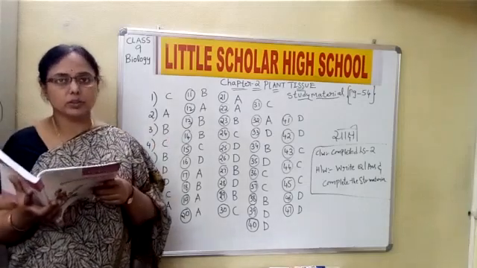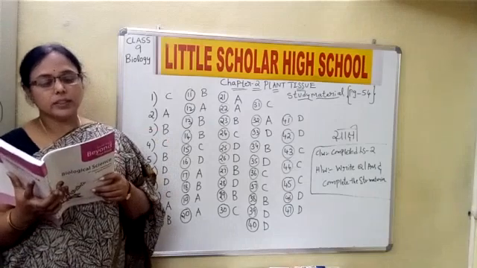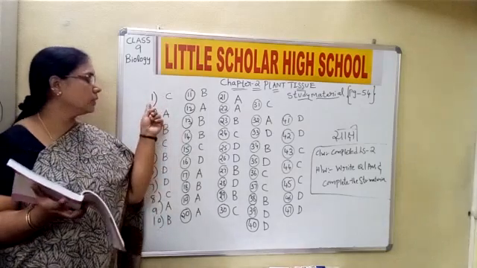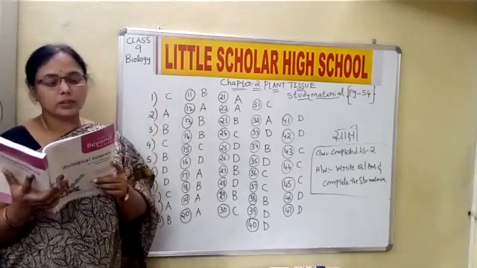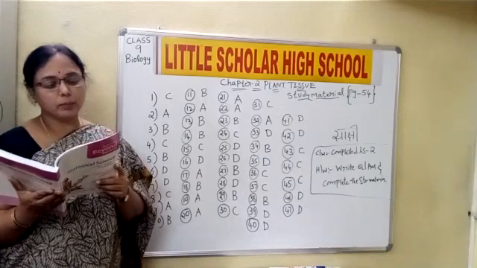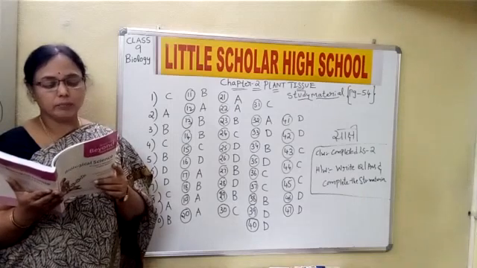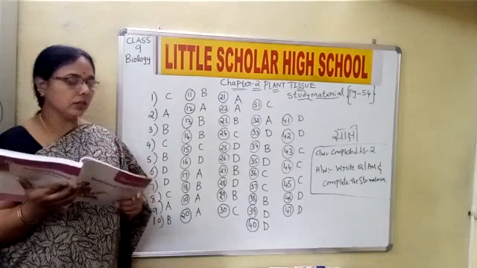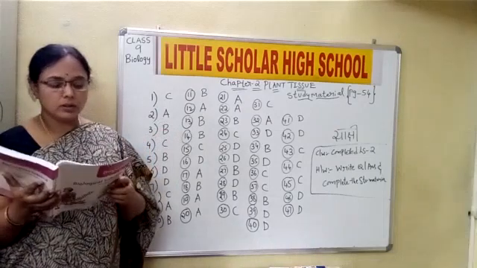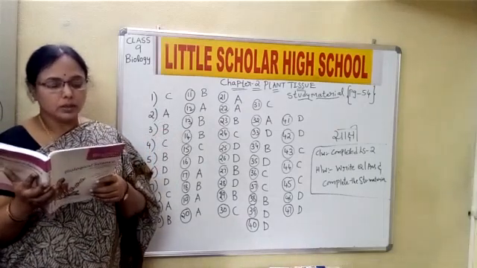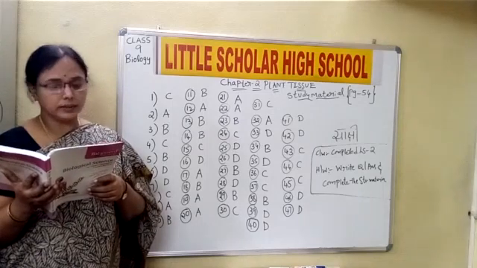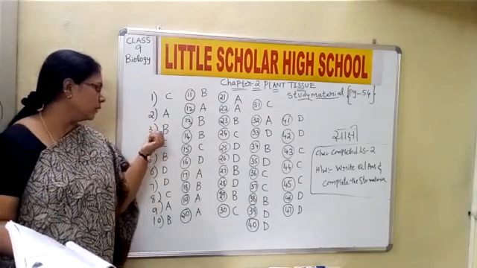I'm starting with the first one, children. The flexibility in plants is due to a tissue called collenchyma. First C. Second one: the cells of a bark are dead and have a chemical in their walls that makes them impervious to gases and water. The chemical is suberin. Second A. Impervious means not allowing gases and water to get through. The girth of the stem or root increases due to lateral meristem, because girth means lateral growth. Third B.